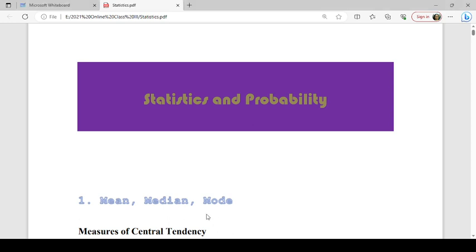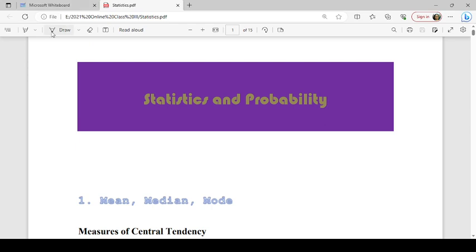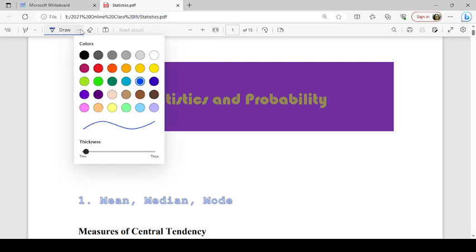Statistics and probability. Statistics is the study of data. So we collect some data and we study the data. Suppose we are to study the age of a section of people,